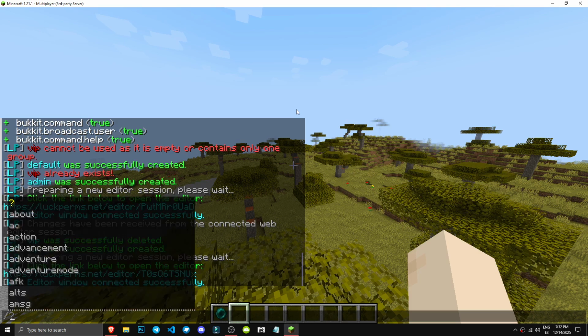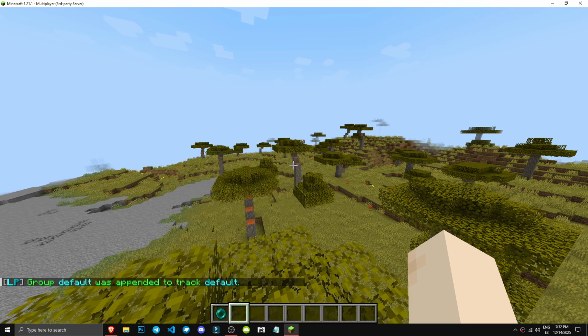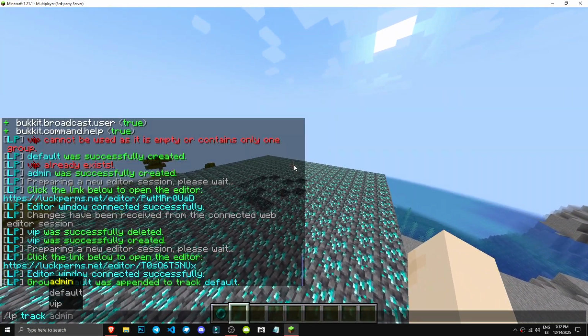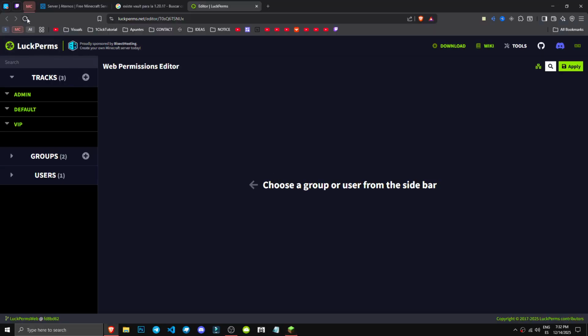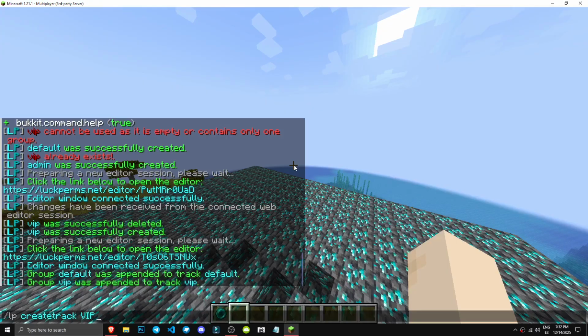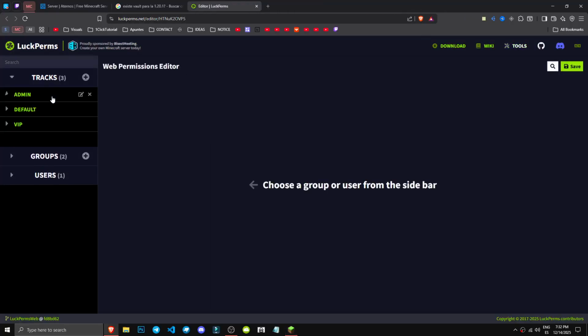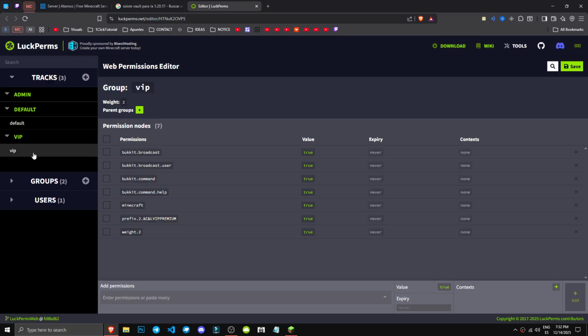So we do /lp track, for example, default append default, okay? And it just says the default group has been added to the default track. We would do the same. For example, track VIP, append VIP, okay? And this way, now if I reopen the LP editor, if I go to the tracks section, within default appears the default group, and within VIP appears the VIP group with all the permissions that the normal VIP group has,